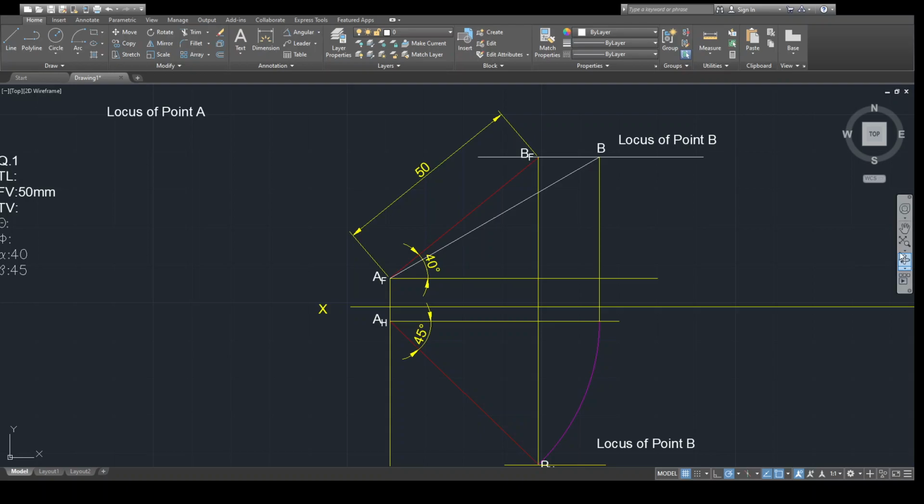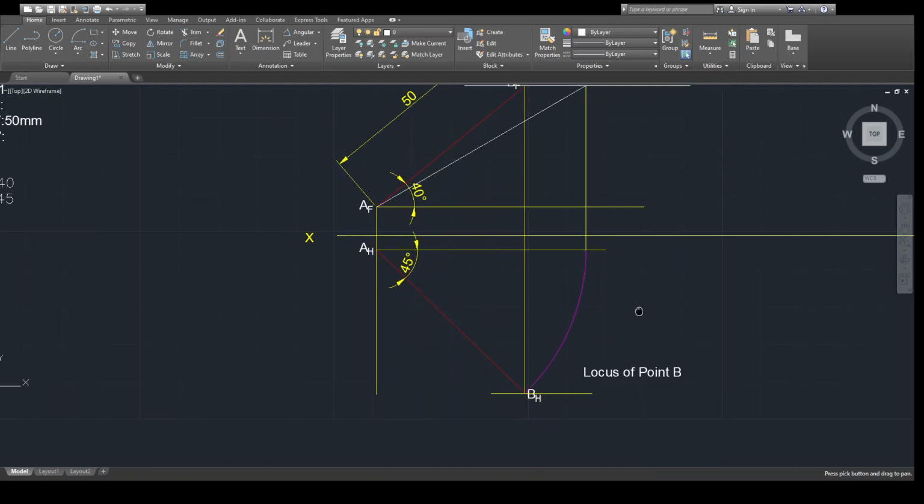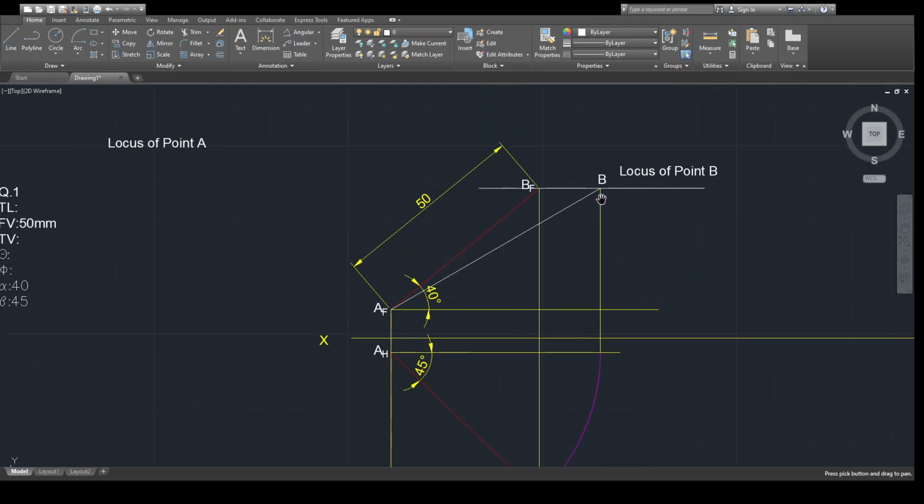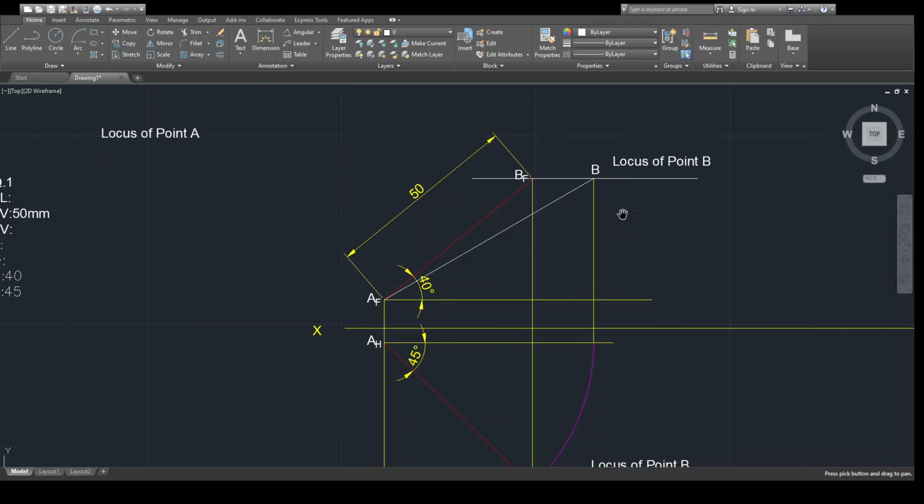Now what we have done, I will repeat. We know AH BH, so you just rotate AH BH. Take AH as center and AH BH as the radius. Draw an arc up to the locus of point A. It will cut at this point. From this point draw a vertical projector up to the locus of point B. So that's why locus plays a very important role. If you didn't have the locus, then it is very difficult to locate point B. So you have locus, so you have located point B now.